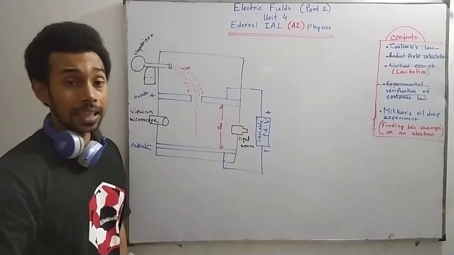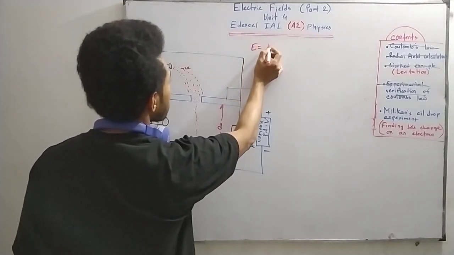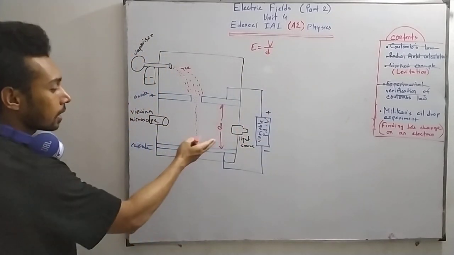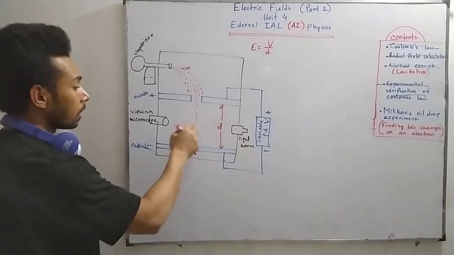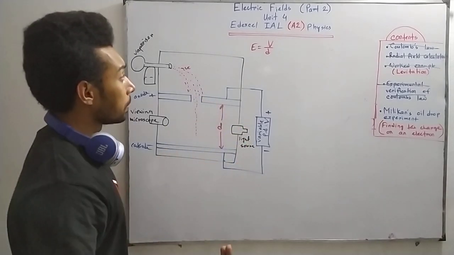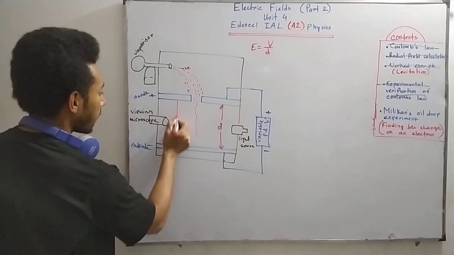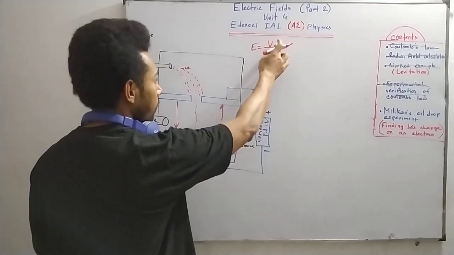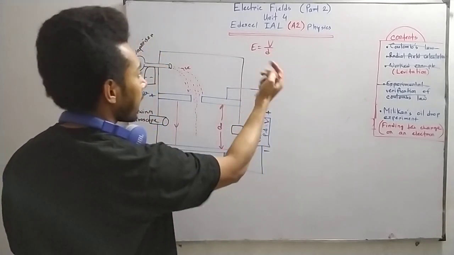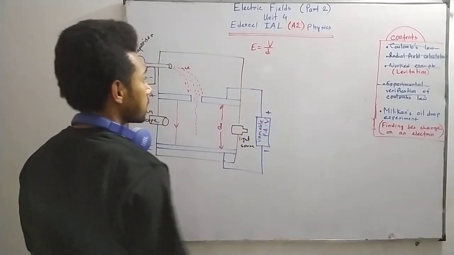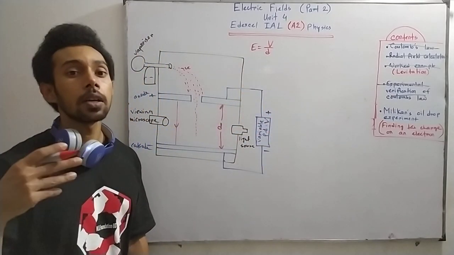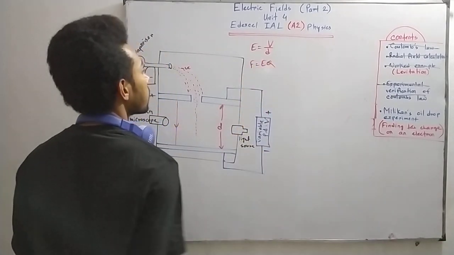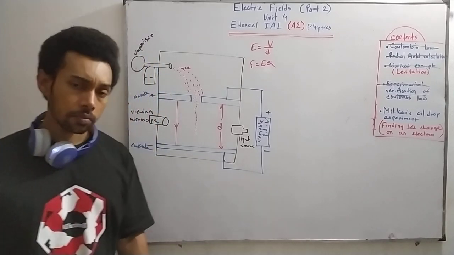you can adjust the electric field strength, and we know E is equal to V divided by D for a uniform electric field. Since the plates are parallel, there will be a uniform electric field, the field lines like this. Okay, electric field lines. So by adjusting the V, or potential difference, you can adjust the electric field strength, and by adjusting the electric field strength, you are adjusting the electric force, and we know F is equal to EQ. Okay, so by adjusting the force, Millikan